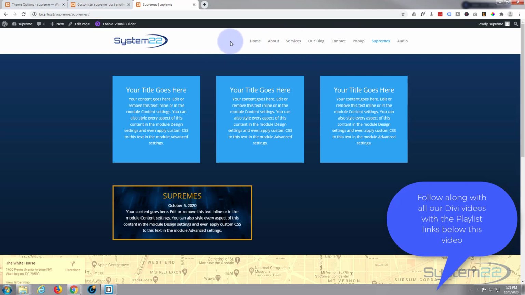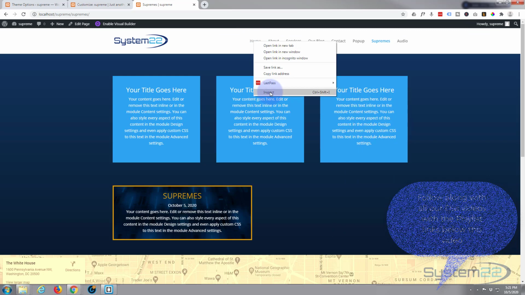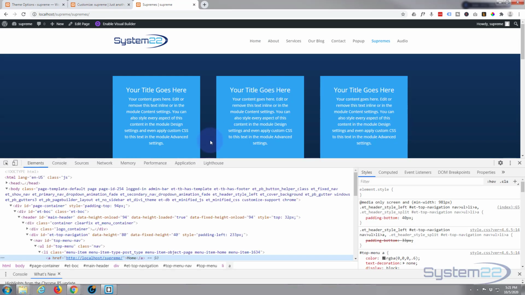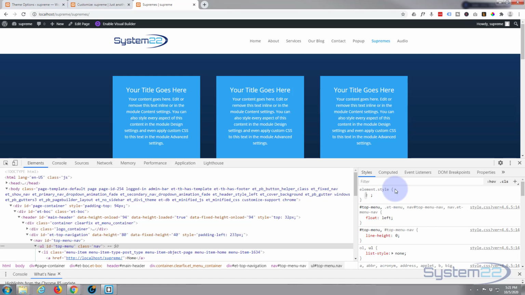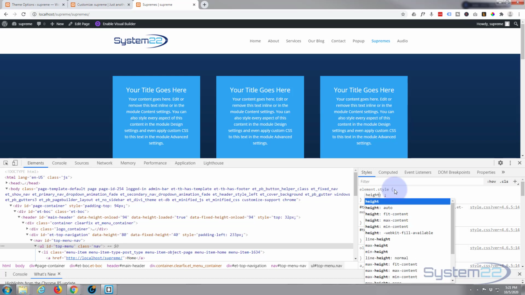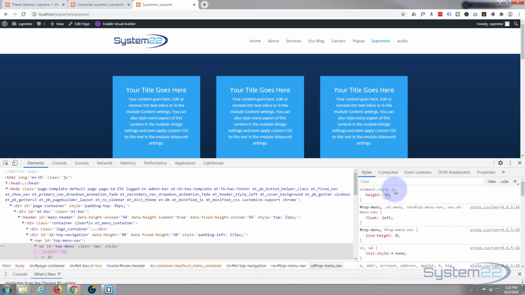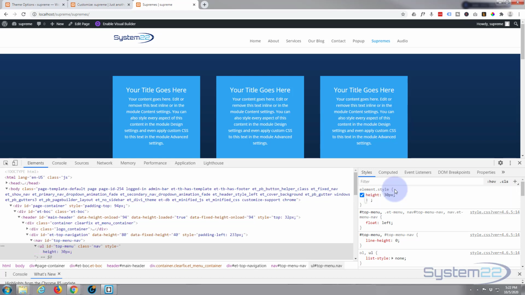I'm using Google Chrome here with a fantastic inspector tool, so I'm going to inspect this and start writing a bit of CSS. Now I can see from this that the menu itself is as deep as this right here. So if I hover over that again, you'll see it's blue there. So I want to give it a fixed height for a start. So let's make it 20 pixels tall, or say 30 pixels tall, let's round it up. So I'm just going to write height: 30px;